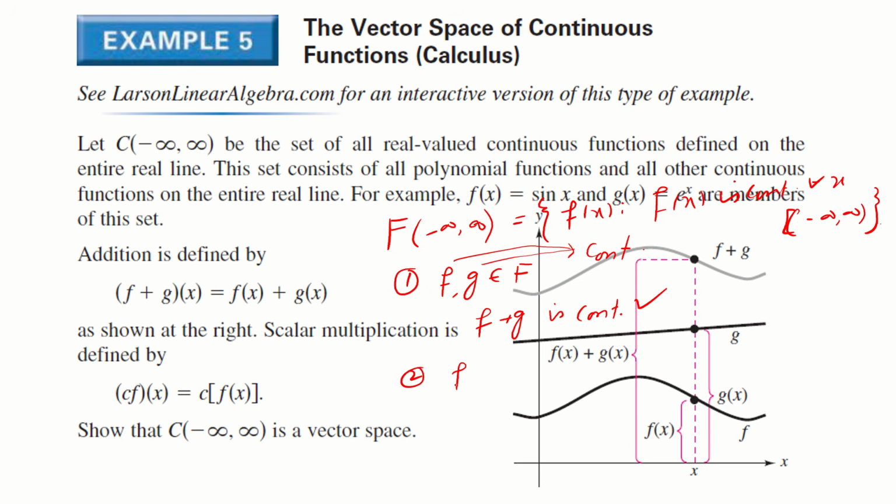Condition number 2, क्या f plus g, g plus f के बराबर है? The answer is yes. क्या f plus g plus h, तीन functions अगर हम ले रहे हैं तो क्या (f plus g) plus h is it same as f plus (g plus h)? The answer is yes, because functions जो हैं वो associative law को hold करते हैं।